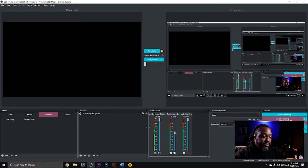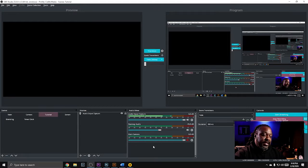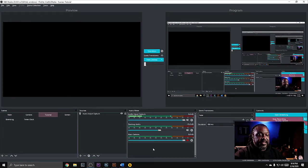In the middle section, you're going to have your audio inputs, which is going to be your audio devices. Here you're going to have your audio mixer. Now I have mine set to vertical. And if you right click on it, it's going to look like this initially, which is going to be a